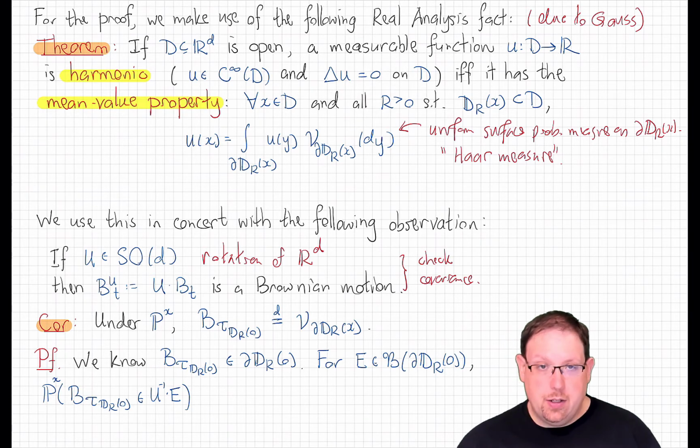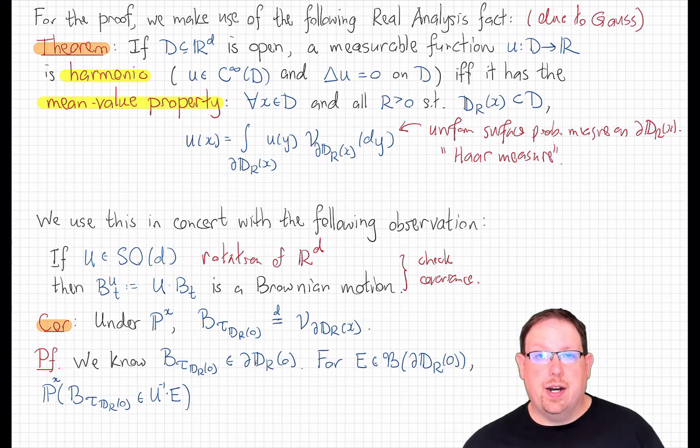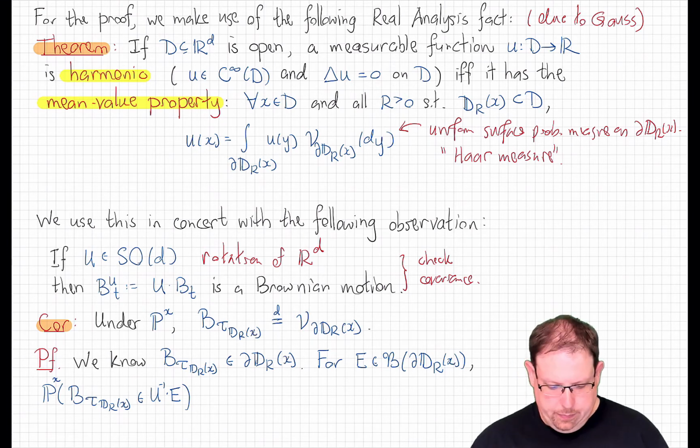To be clear, you have to check the covariance of each of the components using the theorem that we gave before about one-dimensional Brownian motion determined by its covariance, and then check that the entries remain independent, which is a classical theorem about Gaussians under rotations. Alternatively, we could go back to the result that we proved about the covariance and make a similar statement about d-dimensional Brownian motion being determined by its covariance in terms of the dot product.